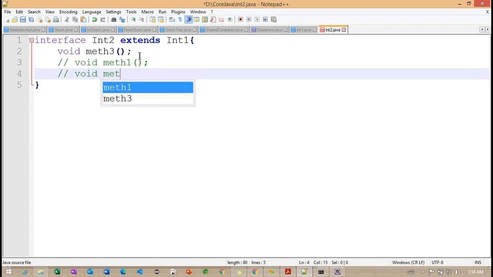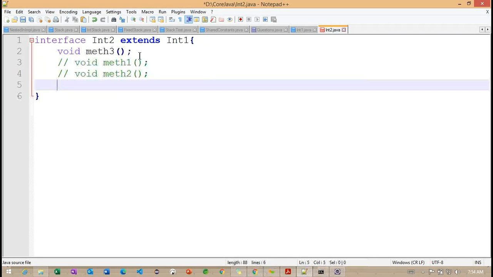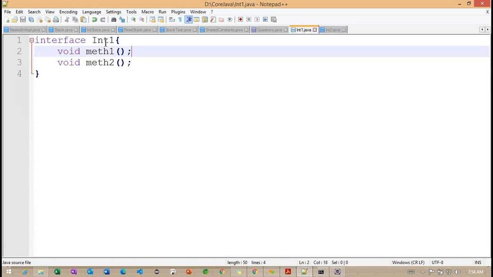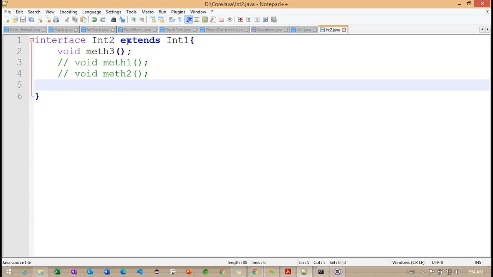So this method will be available logically, and in the same way this method also. Physically they exist in interface 1, but because of the extends keyword, we can work with these two methods also from interface 2.